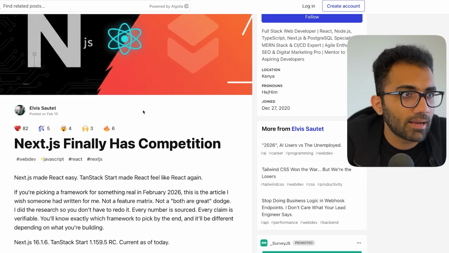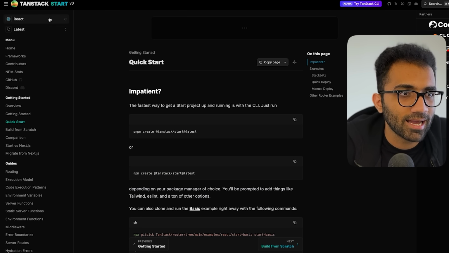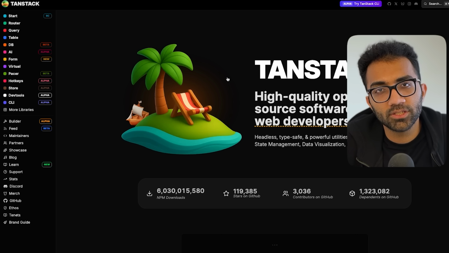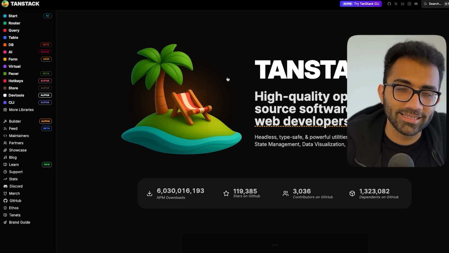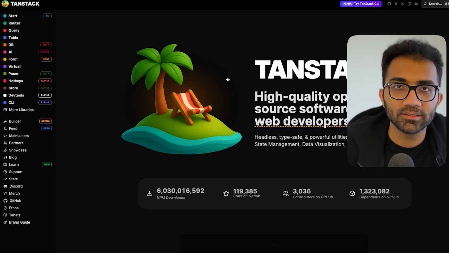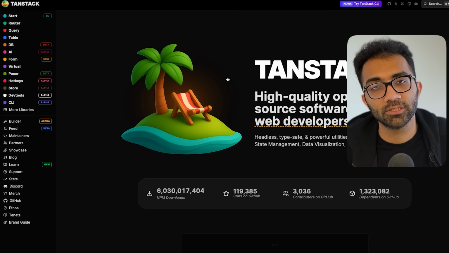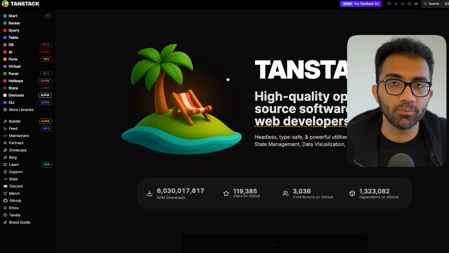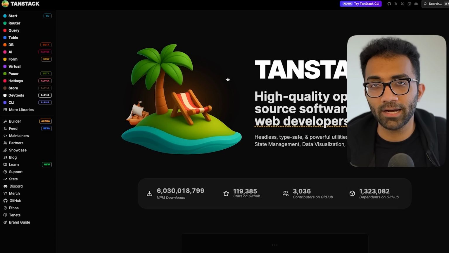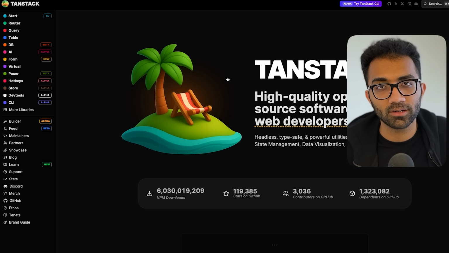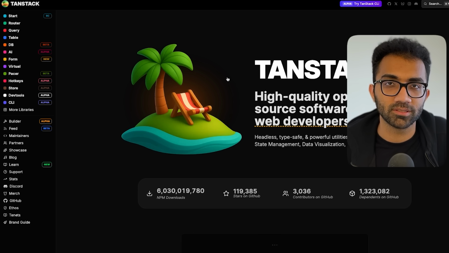But this framework absolutely, definitely, 100% has the possibility of taking over Next.js, because it's coming from a place where I know for a fact the experience and the working capacity and the mental models are much simpler, which is the Next.js pages router. TanStack Start is somewhat similar to that. And the second thing is that it's coming from a developer who has delivered back-to-back blockbuster libraries and products, even in cases which have bypassed Vercel's, like SWR.